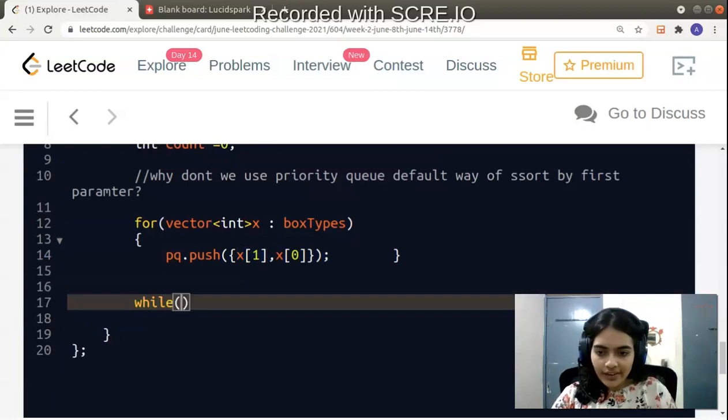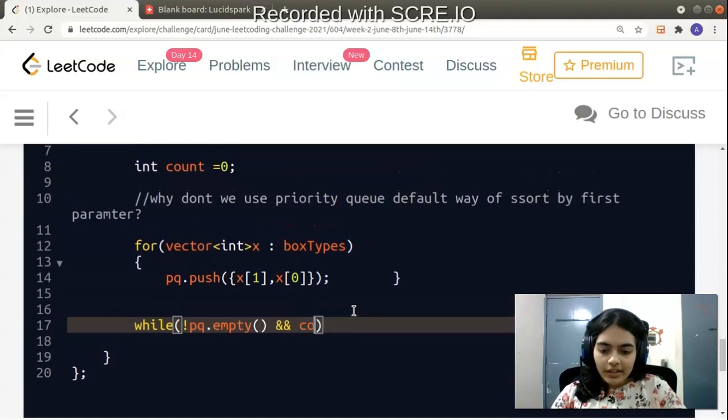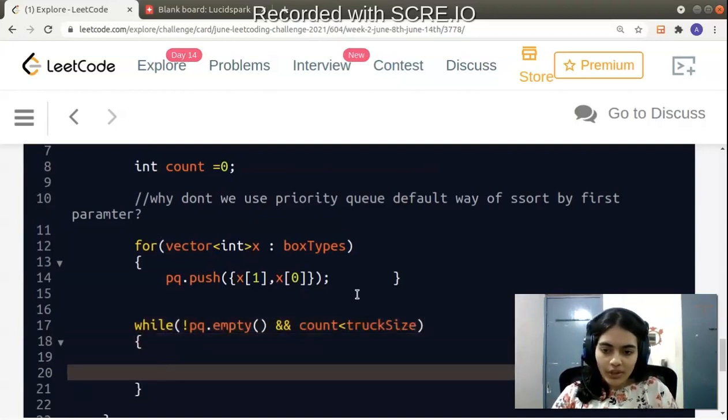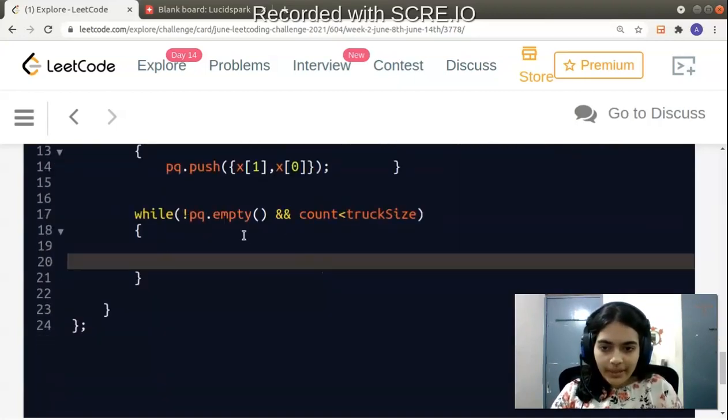What will be our iteration condition? One is that the priority queue should not be empty. If it becomes empty, we have no more boxes that we can collect and we can exit. The next condition is that count should be less than truck size, because when count becomes equal to truck size, we can exit and we have collected the number of boxes that we wanted. So these are the simple conditions.